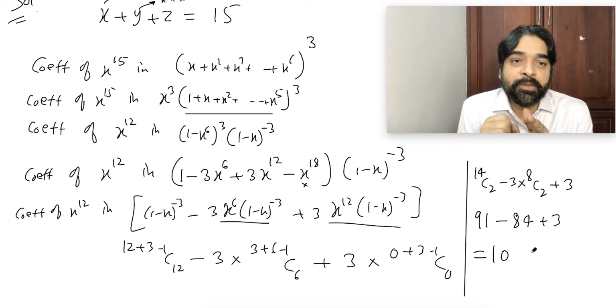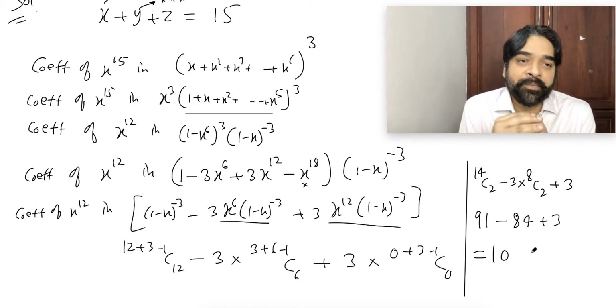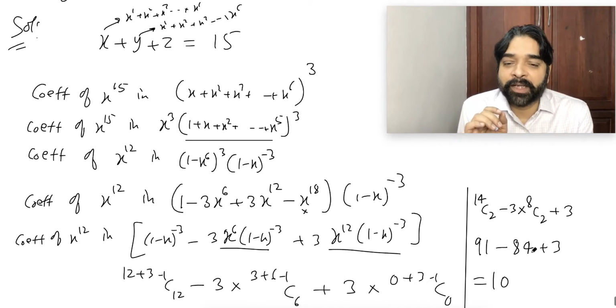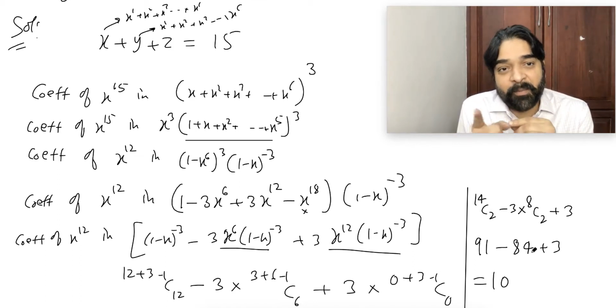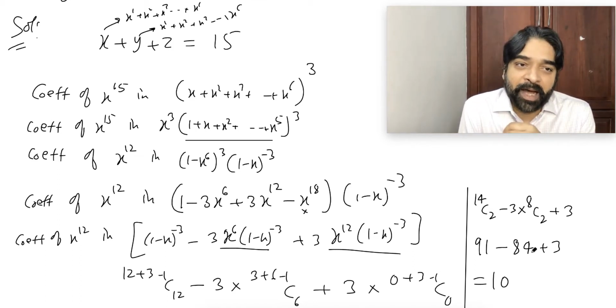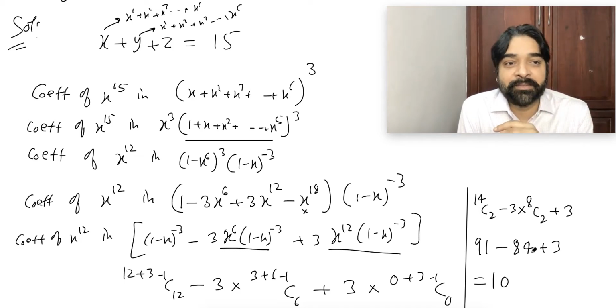Such kind of question will be done only by the coefficient method. Other methods will be too lengthy. Try to think what actually this is. This is the solution of the equation x plus y plus z equal to 15. You will say, sir, we have a formula for that. But there is a problem: minimum one object should come to everyone as well as maximum 6. Here minimum and maximum both conditions are there.